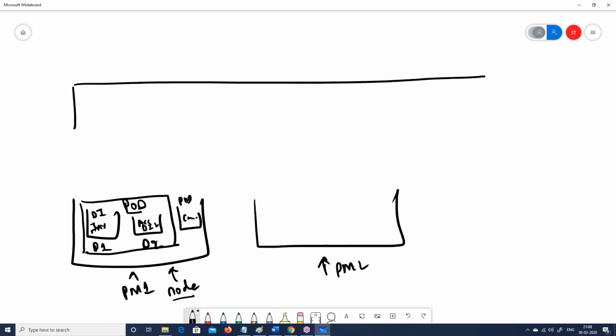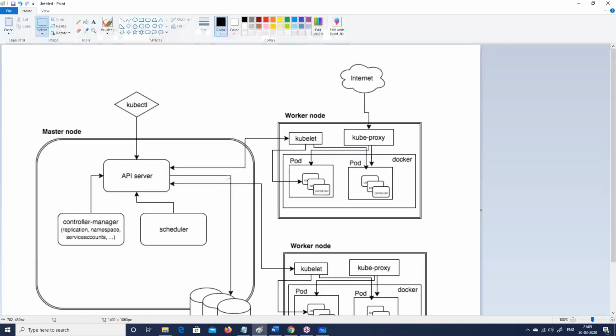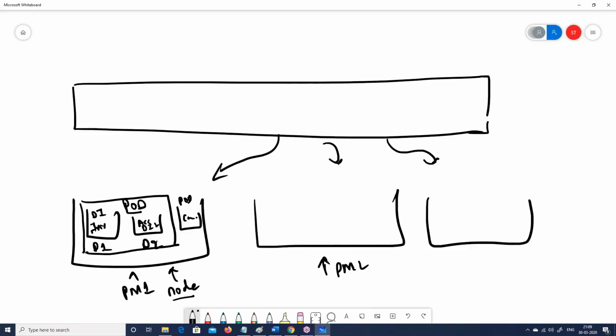Okay, now on the top of it, as I've said, there is some kind of a management API, or I'll say a management layer on the top of it, which actually helps to manage things with each one of these nodes and pods out here, right? Now, okay, here it is. Remember, this is for the admin part.